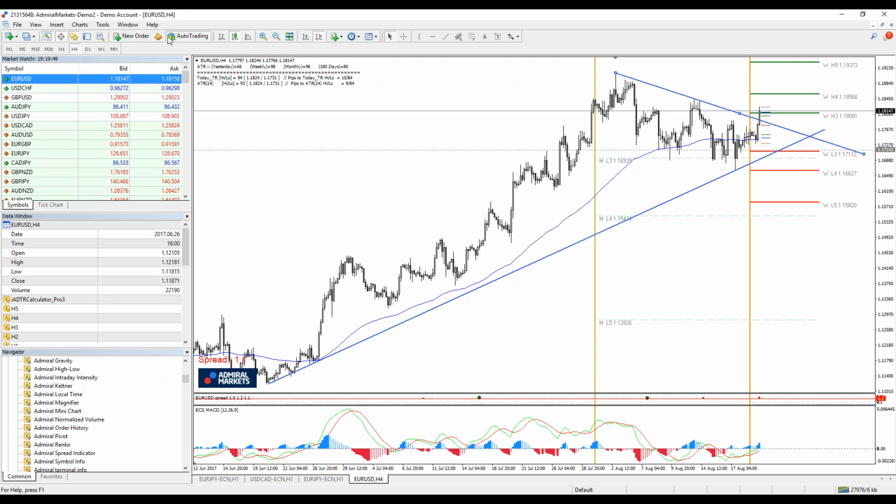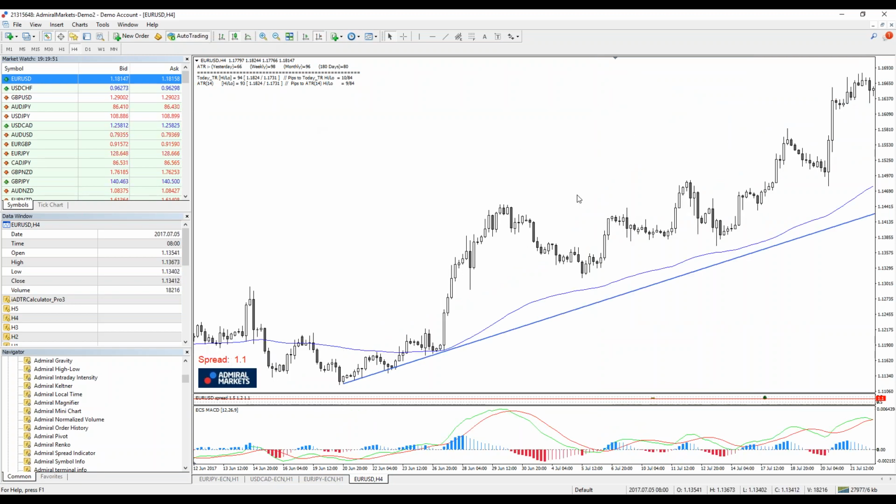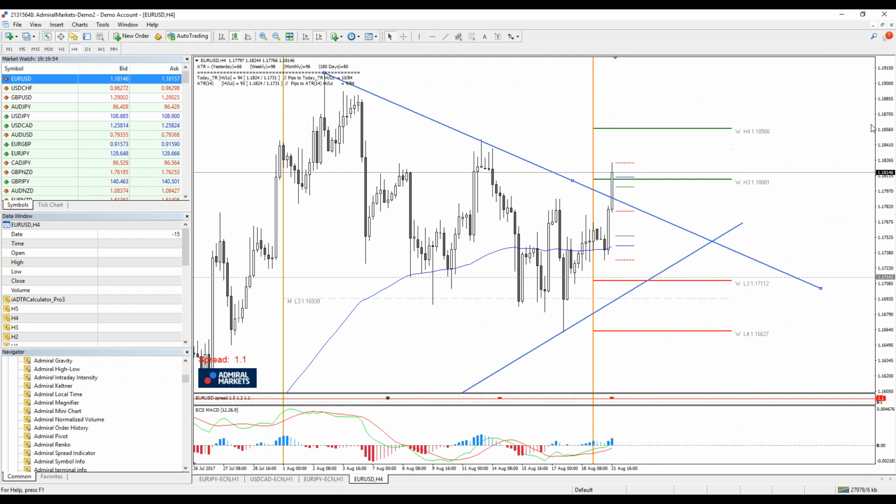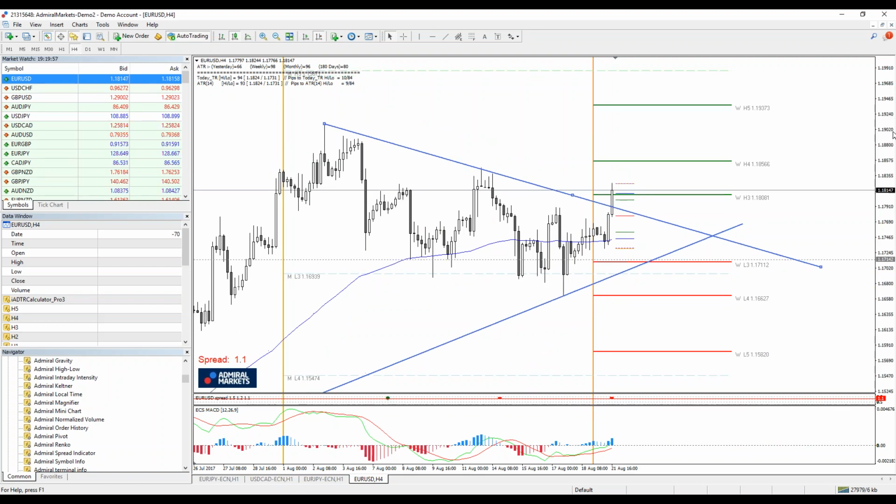I will zoom it in. So why did I say 1750? Well, 1750, 51 is natural support for currencies, and also institutions love it. Now, I might be wrong with 1750, because even this part here could be retested and euro dollar could go again to the upside. But I don't want to buy too low, so that is why I was saying 1750.